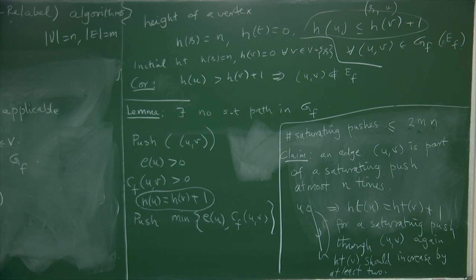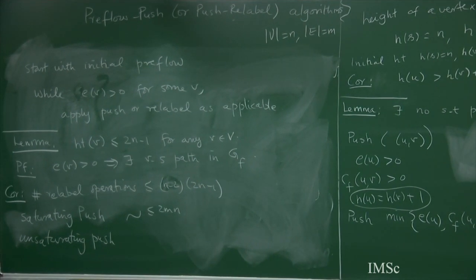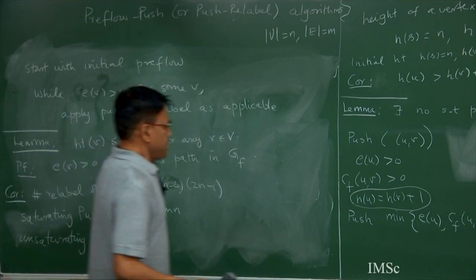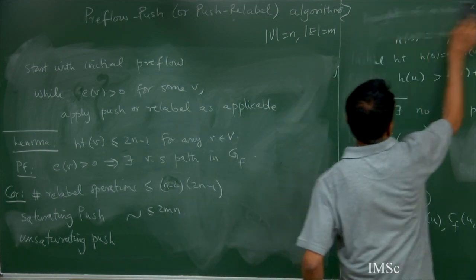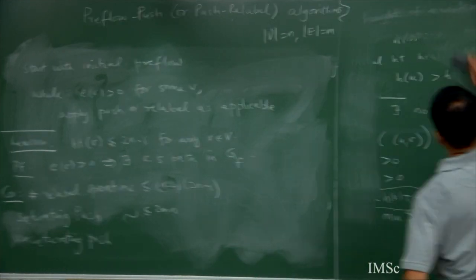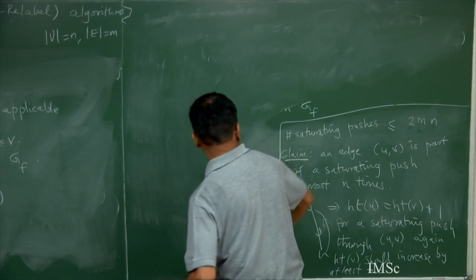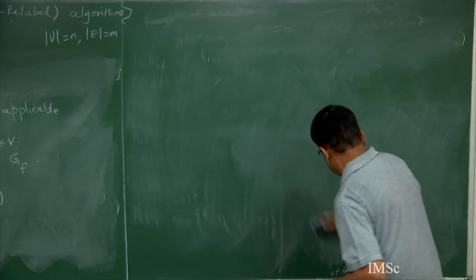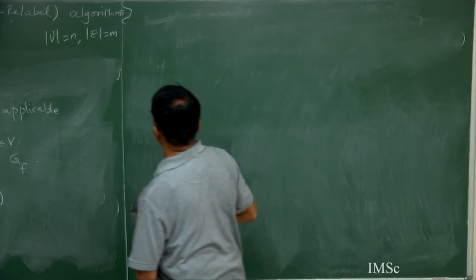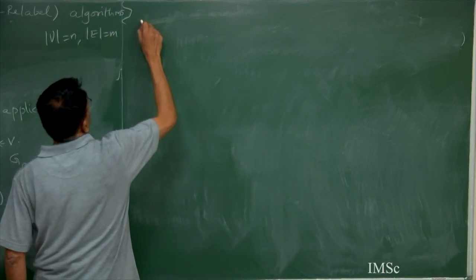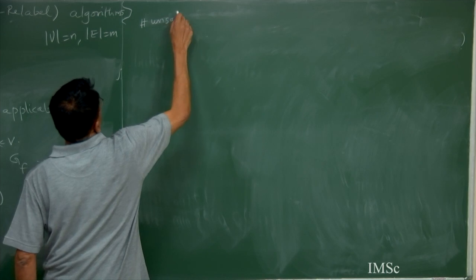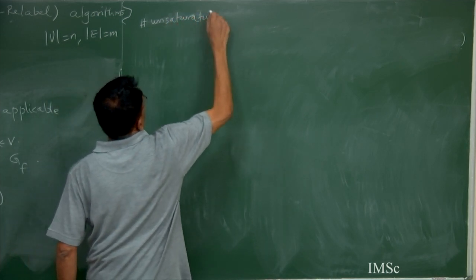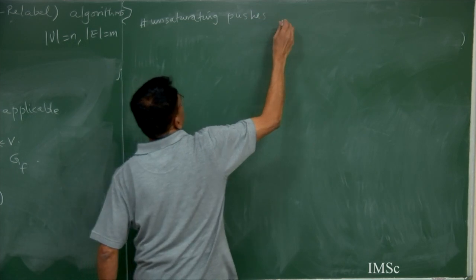Now I have to bound the number of unsaturating pushes, and this is through an interesting sort of potential argument. So now the claim is the number of unsaturating pushes is at most